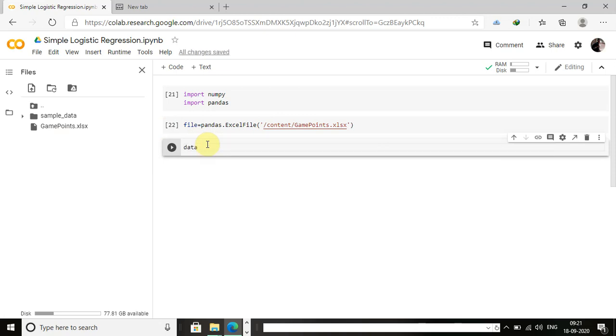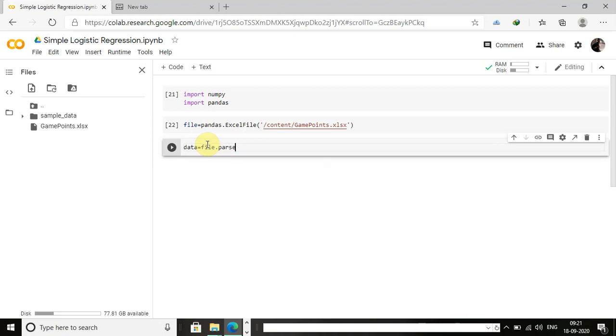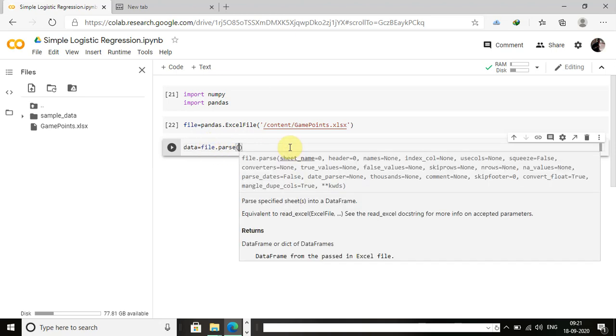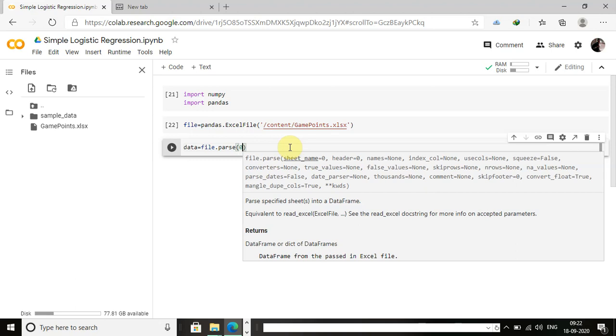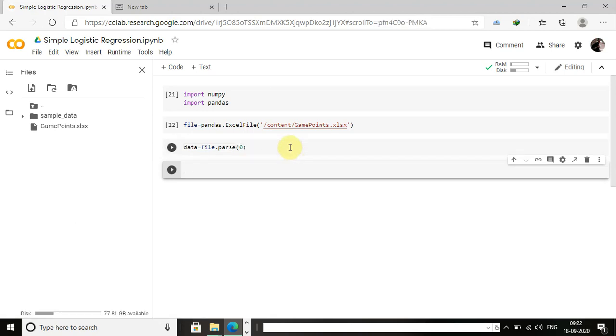So I'll first initiate data and load the first sheet. For that, you have to call the file.parse method. In that, you have to mention 0 because the sheet index starts at 0. Execute the cell.